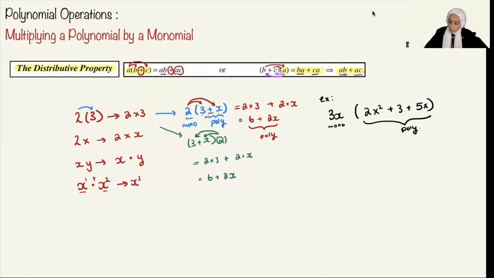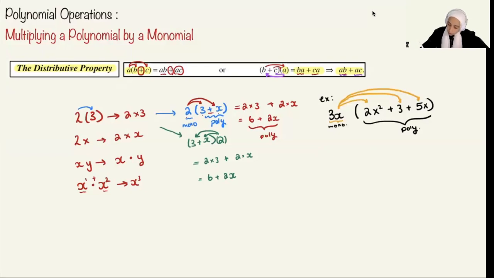So over here, I have my monomial, I have my polynomial, and all I need to do is use the distributive property. I need to distribute this 3x, the entire 3x, multiplied by 2x squared, as well as multiplied by 3, as well as multiplied by 5x. So what you notice here is that whatever is sitting outside the bracket goes to every single thing inside the bracket, okay? So then that means that I'm going to have